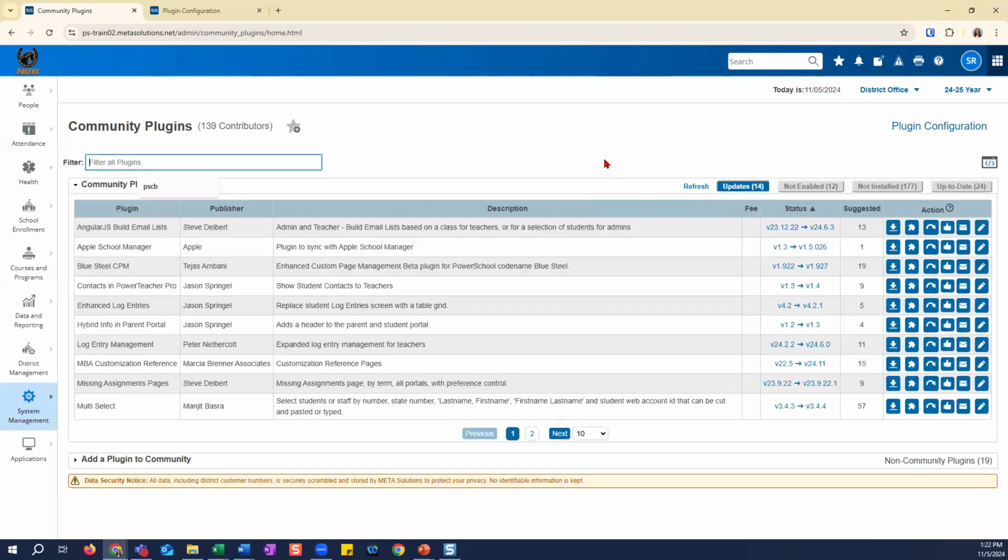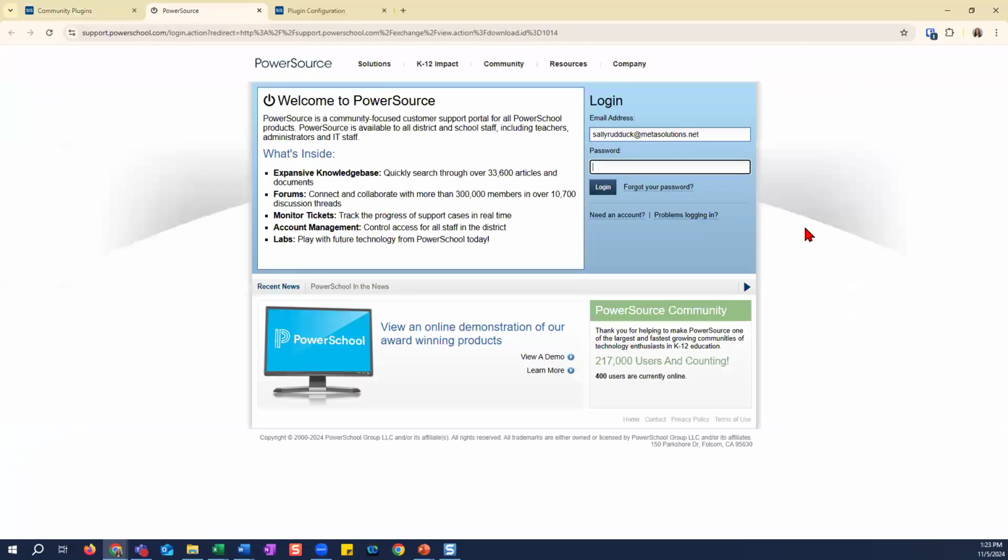So let's start with our updates. Again, this is how you're going to come to this page. This is the very first thing you're going to see when you come to this page. If you want to download the file for update from the plugin listed, you can click directly on this blue link or on this download icon, the very first action icon listed. When you click on this link or the download icon, and you can hover over it and it's telling you what you're doing, we're downloading from PowerSource. When you click on those links,